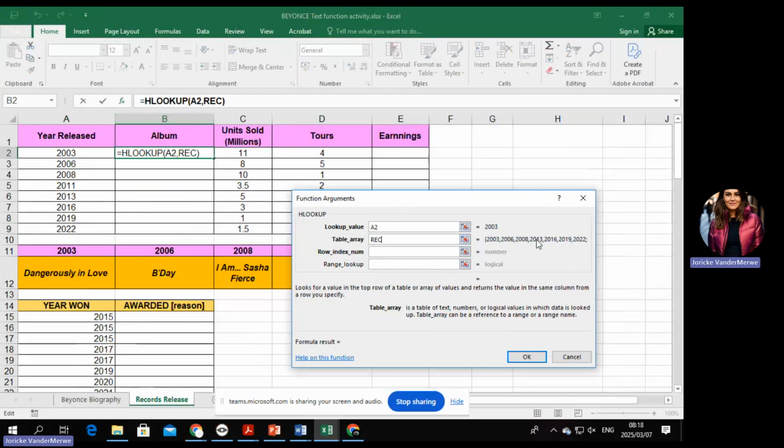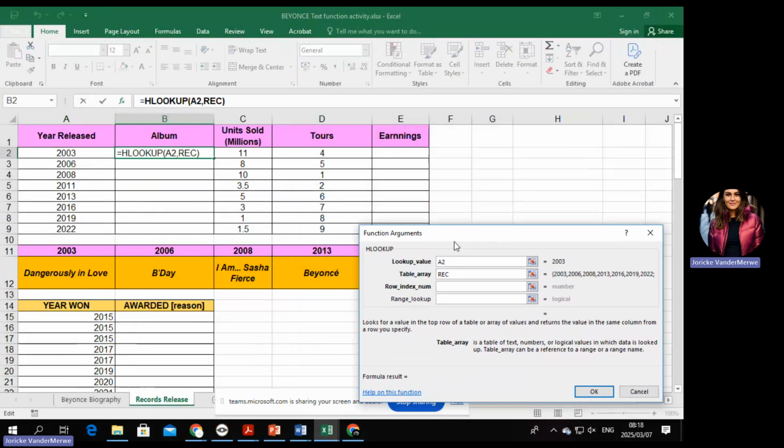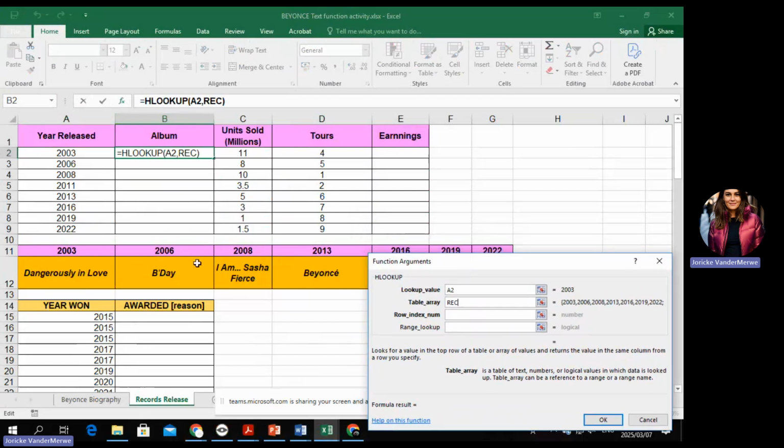Can you see it pulls it out directly from there? But if you've made a mistake either with the spelling or you haven't defined your data, this is not going to give you the correct ones. Now, this is sometimes where it all goes wrong, but you must just focus. You can see currently there's one row which is pink, and then the second row, which is row 12, is orange. You are looking for the data that's in the orange row. So you want your row index number to be 2.